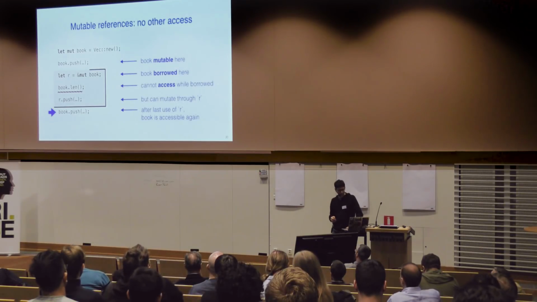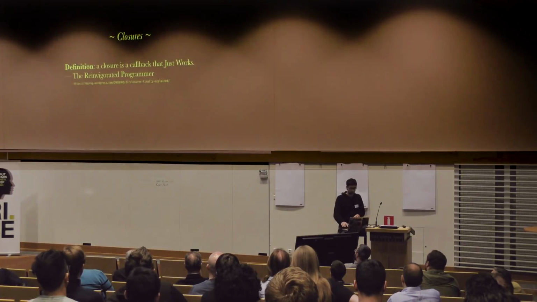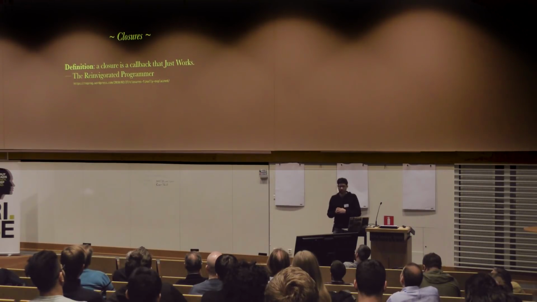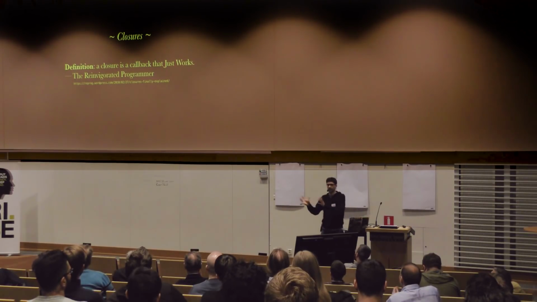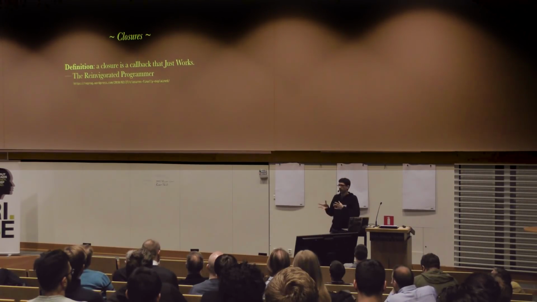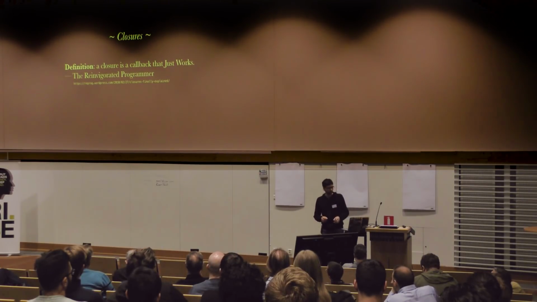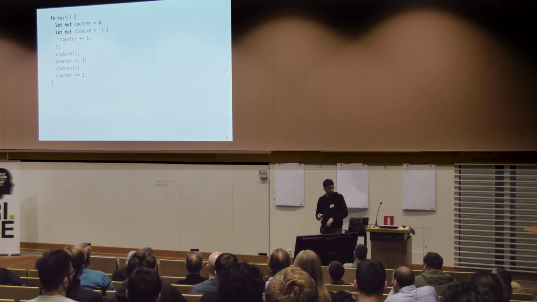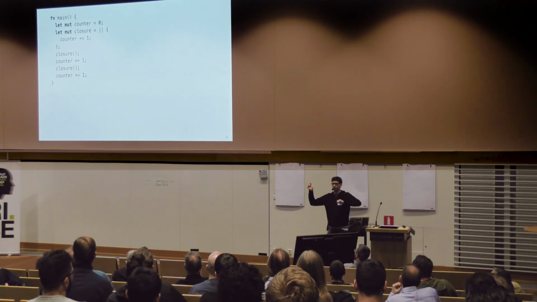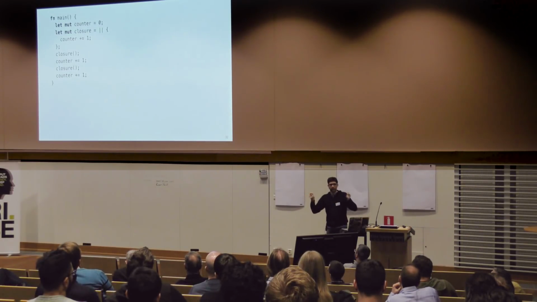All right, so that's ownership and borrowing. That's the 3 patterns of Rust. But I wanted to show you just 2 other minor things which kind of elaborate this idea and show you how they play out, because you'll need it to see the examples of parallel programming later. The first one is a little bit about closures in Rust. So a closure is a callback. It's basically a function that you define locally, which is allowed to reference the local variables from its environment and do things with them, right?